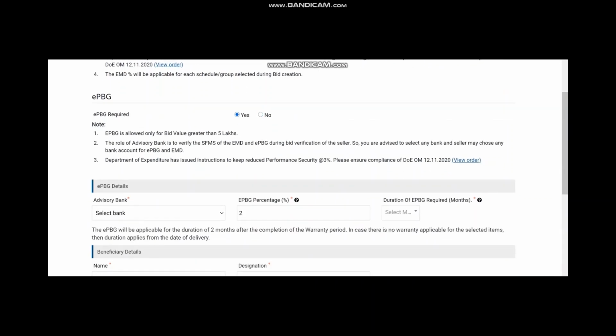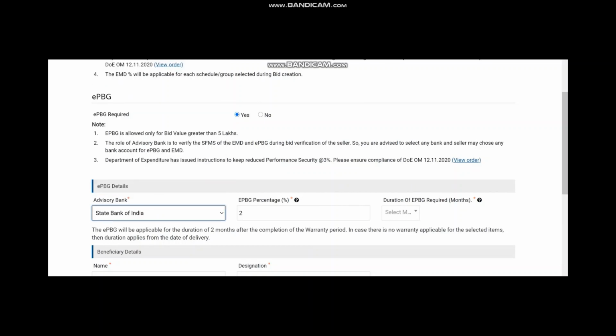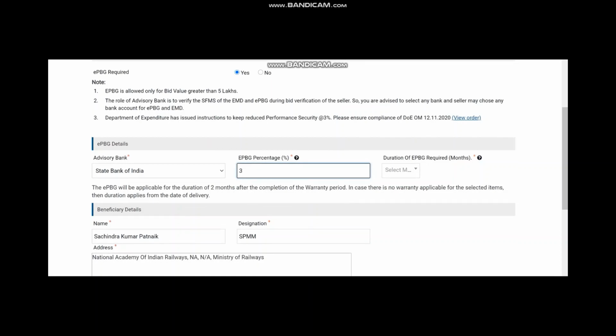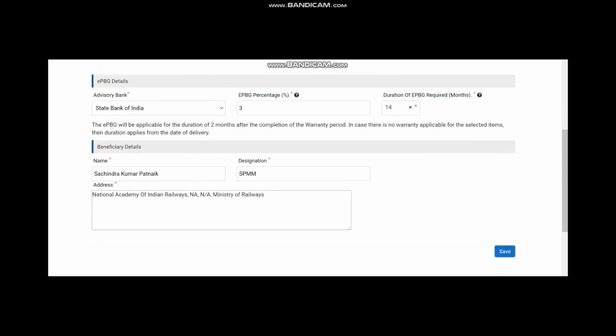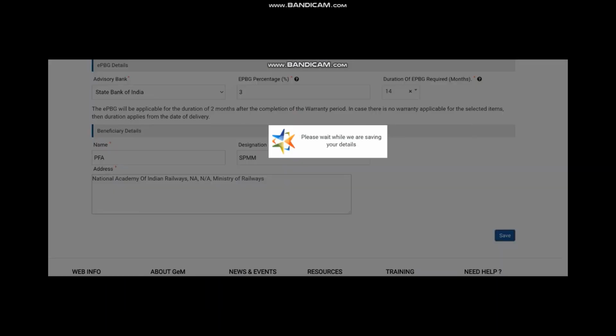So you have to give the advisory bank and other details like percentage of EPBG and duration of EPBG. Duration will be, if you are going for a 1 year contract, then generally another 2 months we keep in our hand for the duration of EPBG. Then you have to also give the beneficiary details on the basis of which the EPBG will be generated. So enter those data and save it.